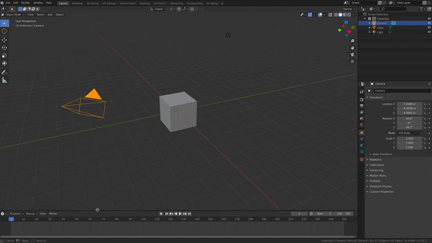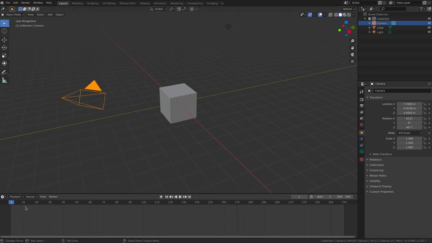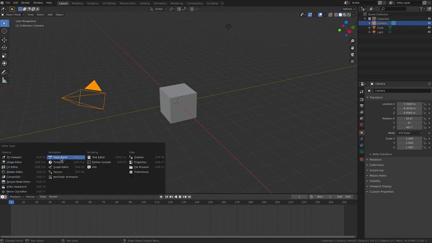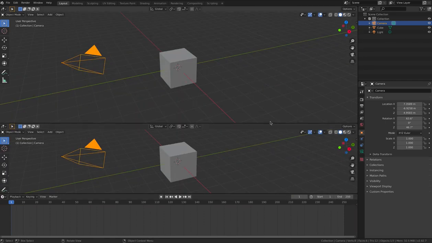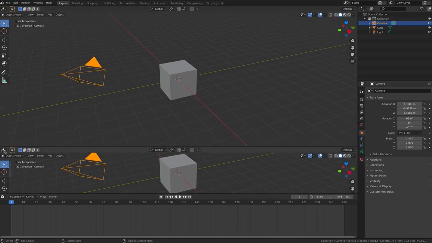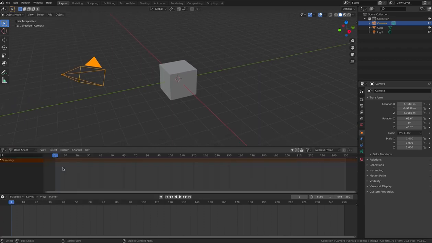in the default layout. The second most important window is the dopesheet. So drag a new window down from the timeline and then turn it into a dopesheet from the pop-up menu. And this allows you to see the details associated with any keyframes that you create more closely than you can